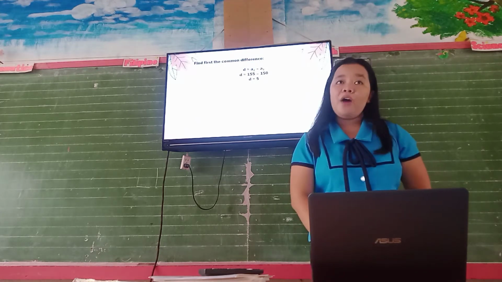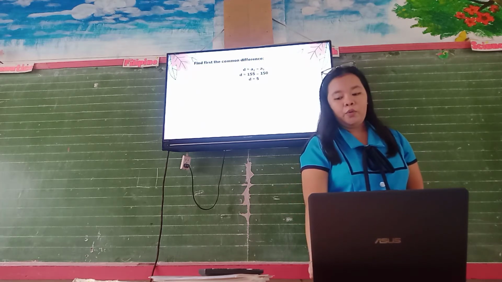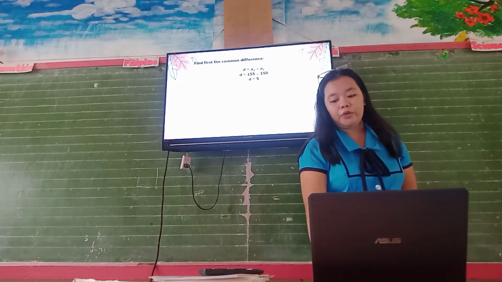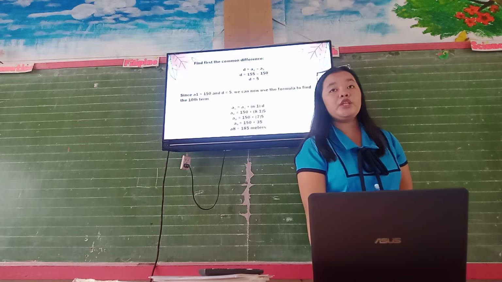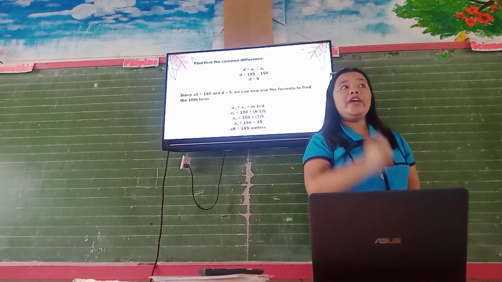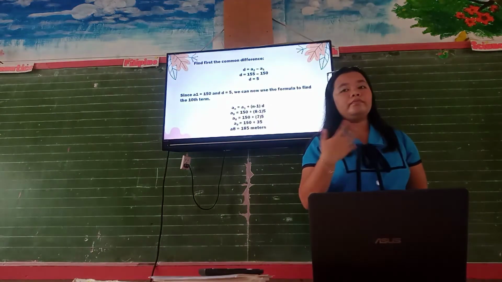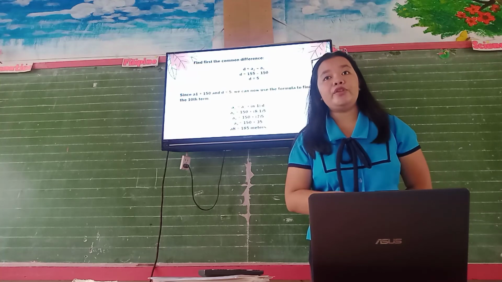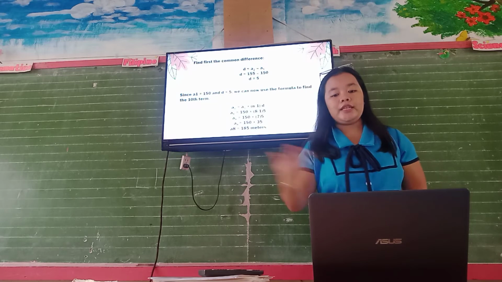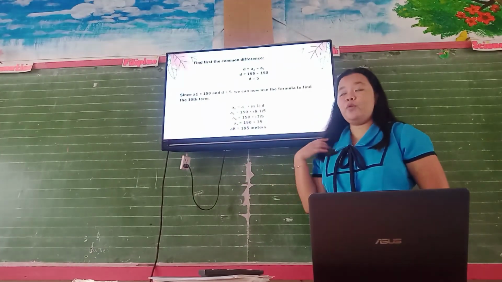Very good. Now, we already know the common difference and the first term, right? We know that the first term is 150. So, we can now use the formula and substitute the values. We are going to find the 8th term, or the distance covered on the 8th day of jogging, right? So n is 8. We just need to substitute the values and proceed to simplifying the equation.